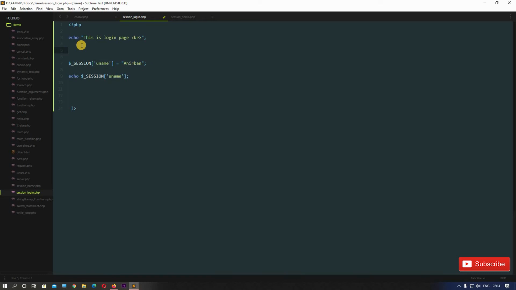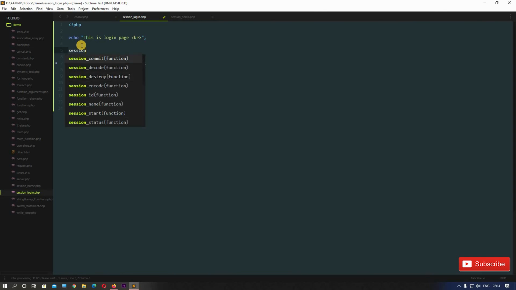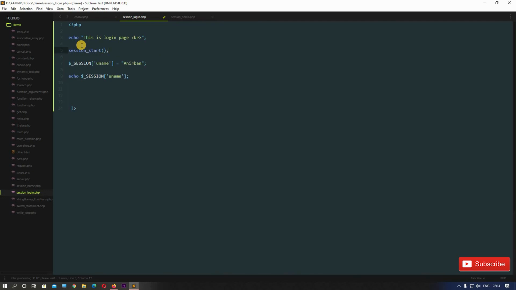We need to start the session to access it in different pages, and we need to call the session function in every page. We write it like this: session, underscore, start. This will start the session in this particular page, session_login.php.